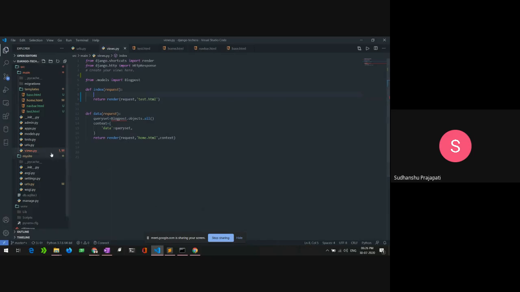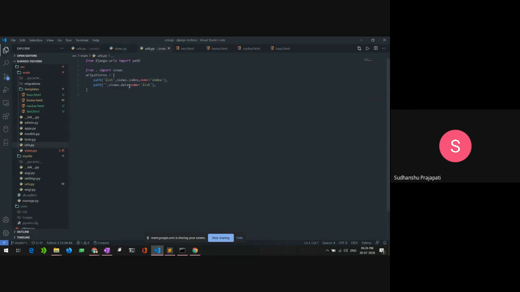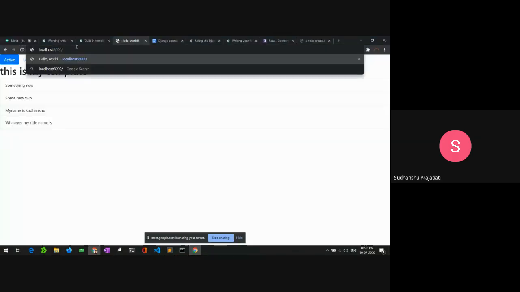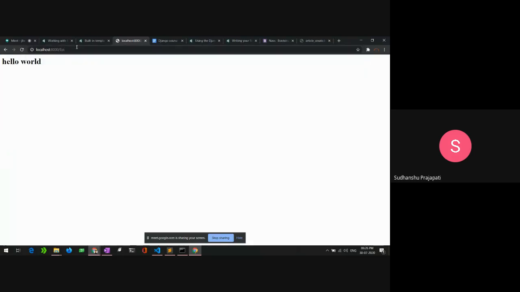Let's go to the localhost. Before that, let me show you my URL file that we changed in the last class. We gave the index URL with a view of data and the list URL to the index view. We changed that in the last session, and I can now access the index view by using the URL list. Let me show you how. I will write list here.